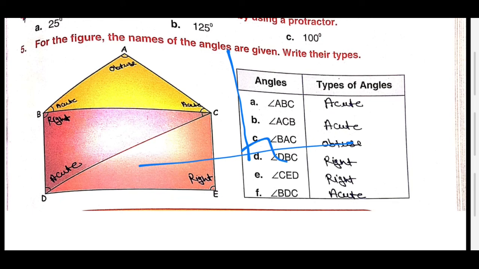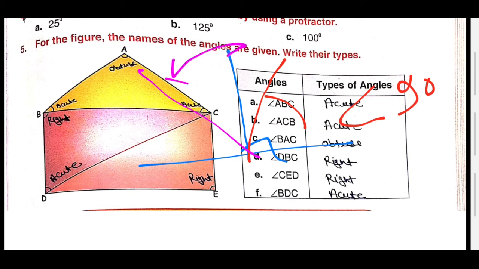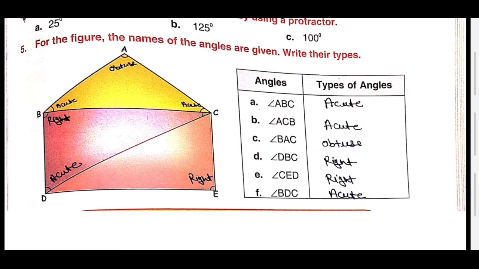If I am taking it less than this line, then it is less than 90. When you take the other side, it is more, 90 is here, then it is more than 90. So you have to write here more than 90. More than 90 means obtuse and less than 90 means acute.